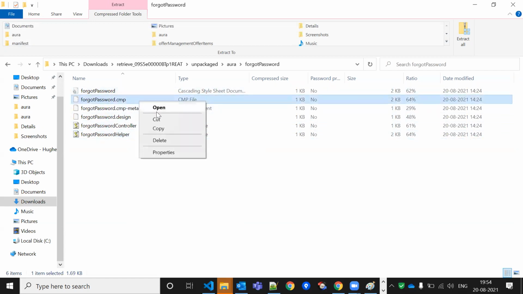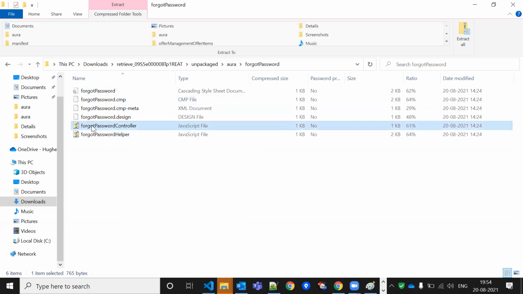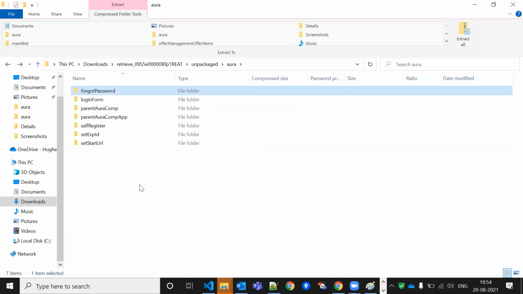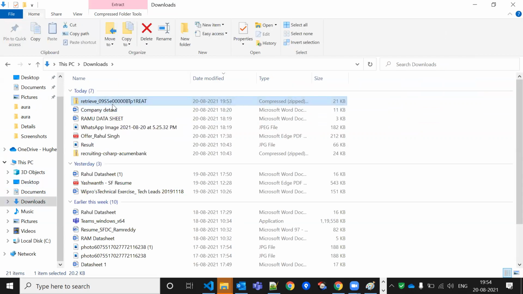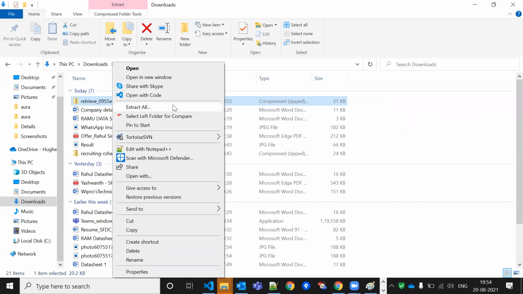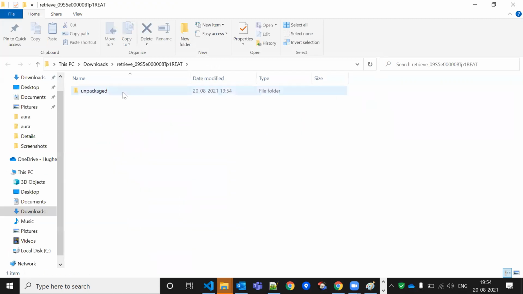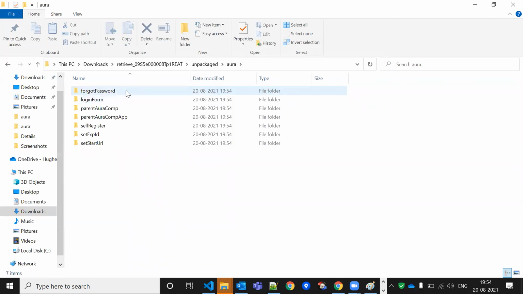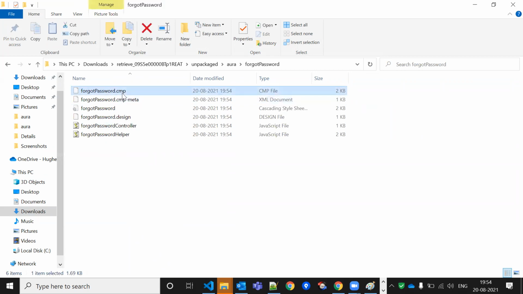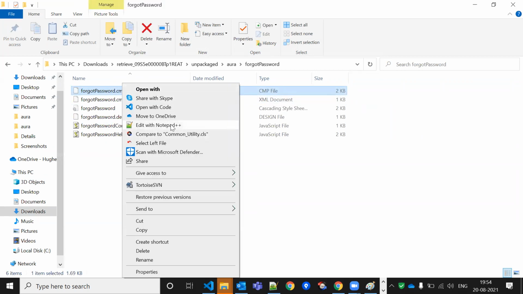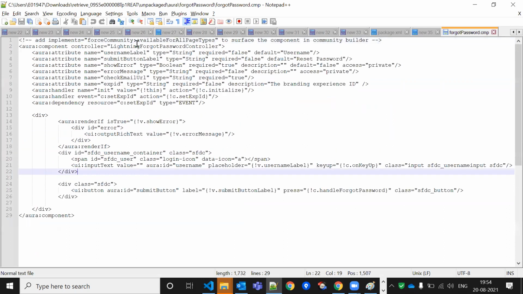Let me show you how it looks. Why is it not opening? Because it is in a zip file now. If I unzip it, then I can see it. So let me extract all. Now I can see the component file. Suppose this is the console component. Now I can open it in Notepad. So this is my code, the code I did in the sandbox, which I'm going to deploy in production. This is my local file now.